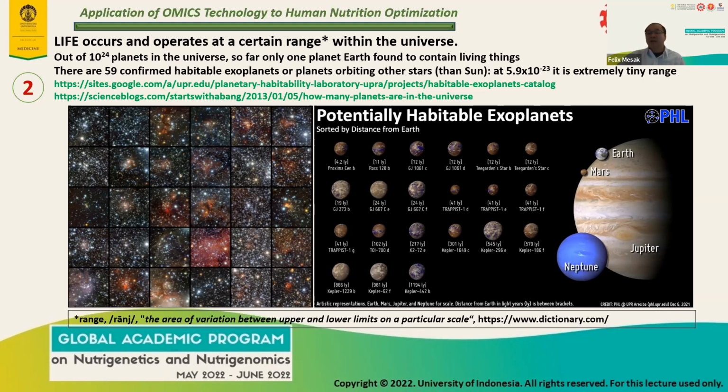So range here is defined as the area of variation between upper and lower limits on a particular scale. So we've got to think that living things or life mechanisms operate within a range. So let's grasp one of them and apply it, and then see along the way how you can think of this range in the study or in the presented concepts. So consider